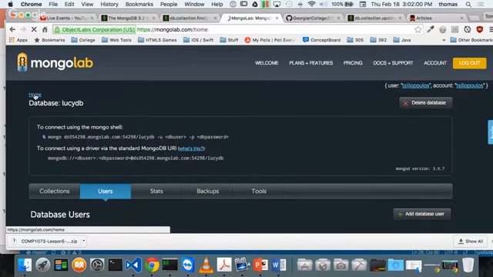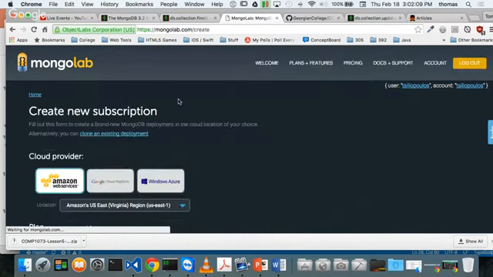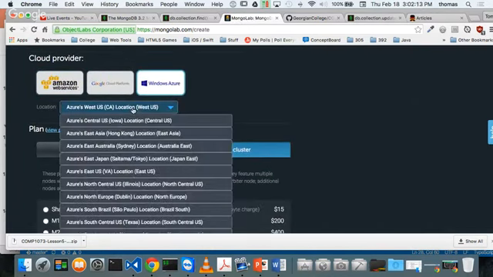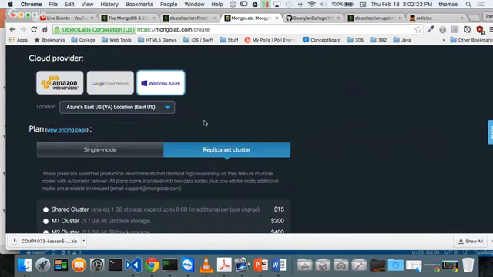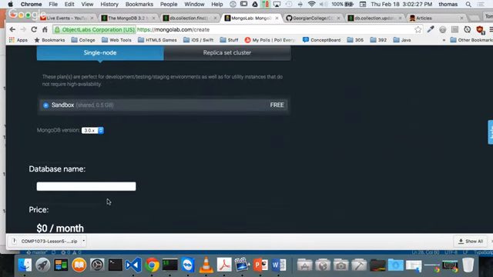So I'm going to go to Home, and I'm going to create a new database, and we're going to call this the same thing as what my database is locally. It's going to be Windows Azure eventually, and we'll make it so that it's East US if we can. You've got to be very careful because this has to match up with where I'm going to put it, right? So East US, and go single node. Okay, my database name,